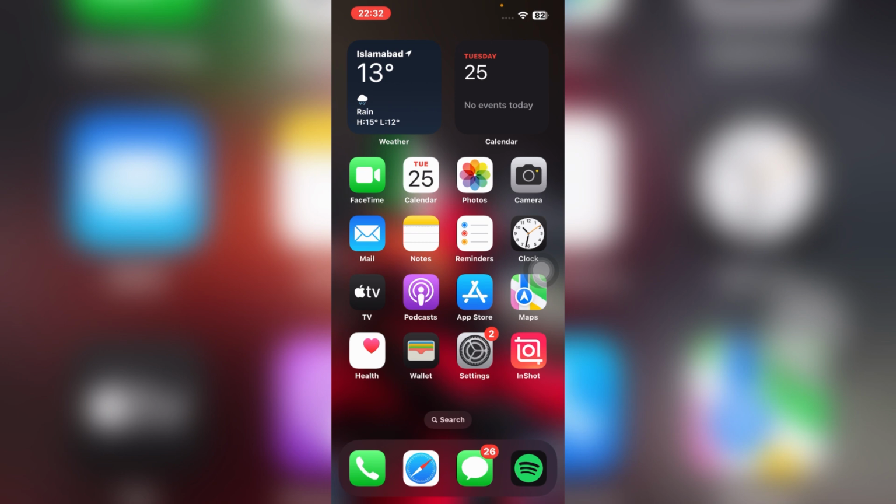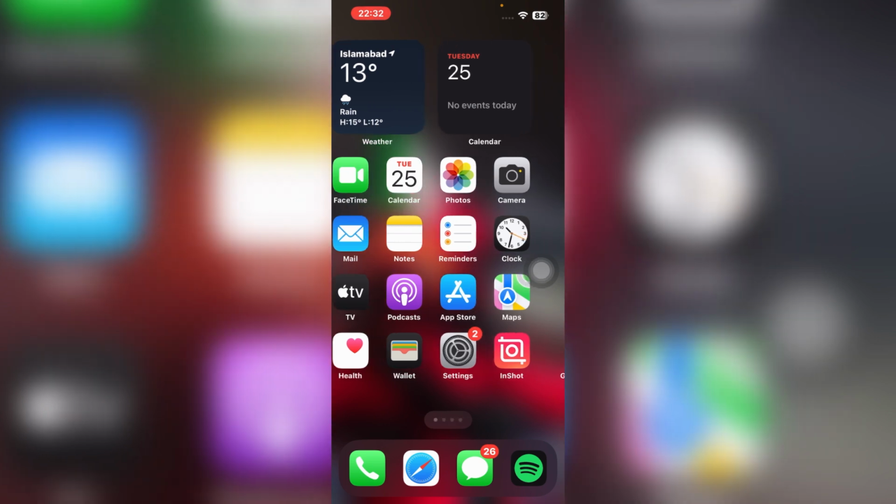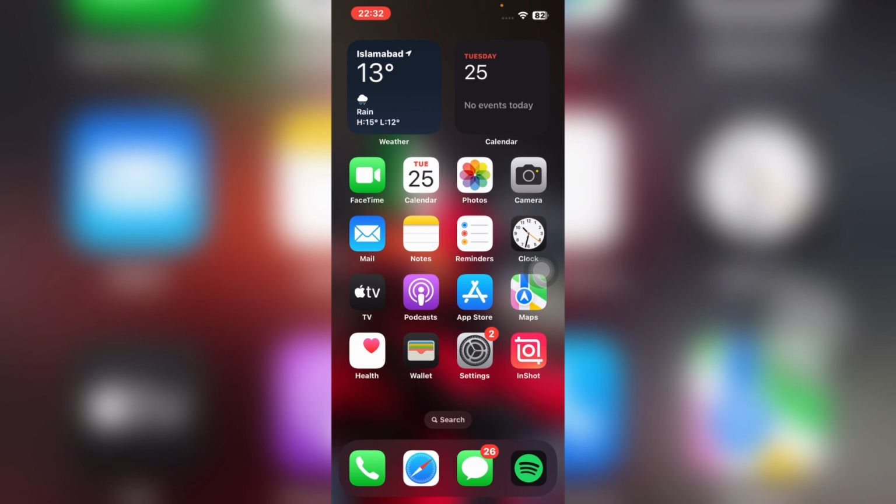In today's video, I'm going to give you a step-by-step guide on how to customize app icons and change their colors on an iPhone using the Shortcuts app. So let's get started. First of all, you gotta open the home of your iPhone and you gotta long press